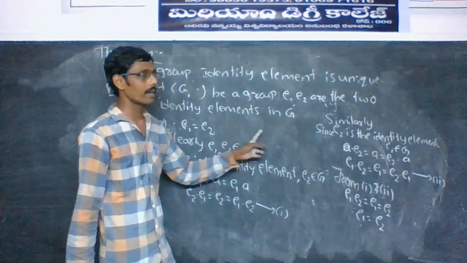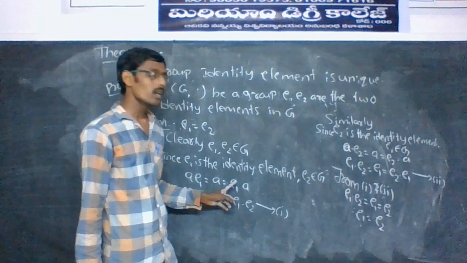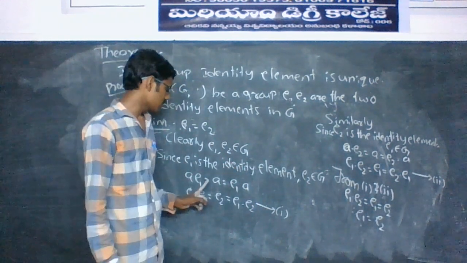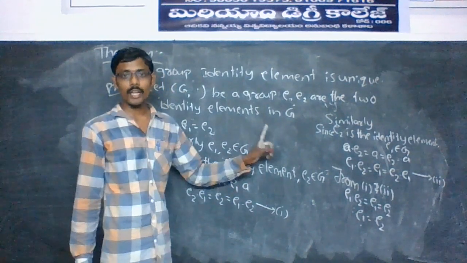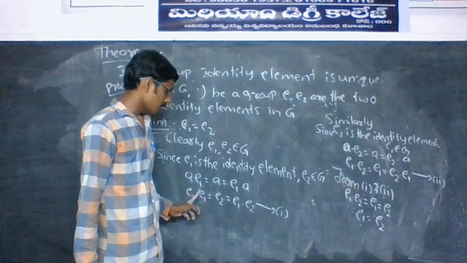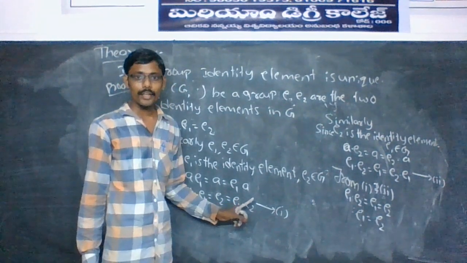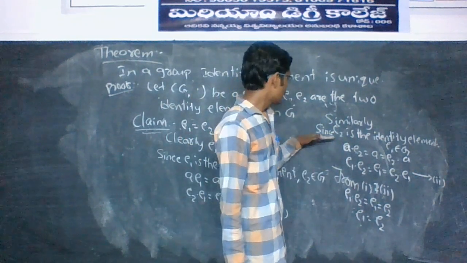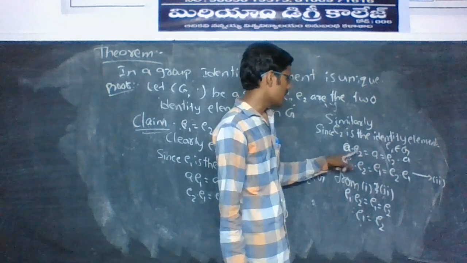By the identity property, A = E1 · A. E1 is the identity element, so E1 · A = A = A · E1. E2 belongs to Z, any element, so replace A by E2: E1 · E2 = E2 = E2 · E1. Equation number 1. Similarly, since E2 is the identity element in Z, E1 belongs to Z,